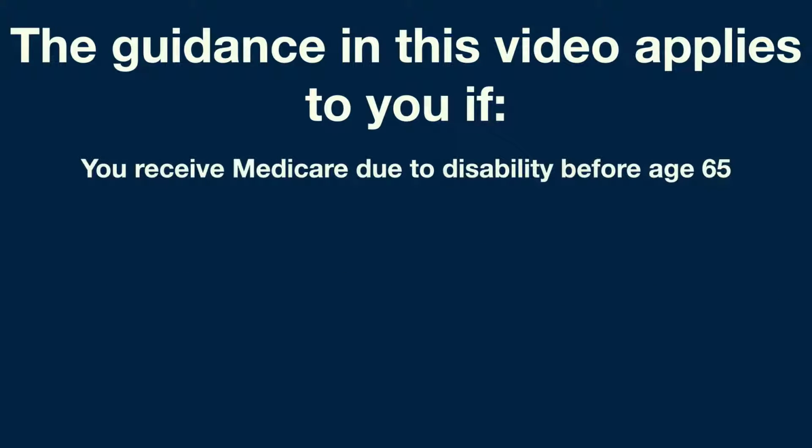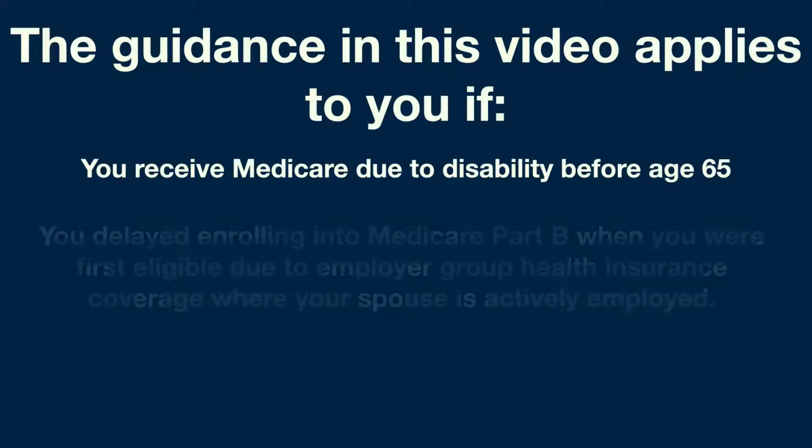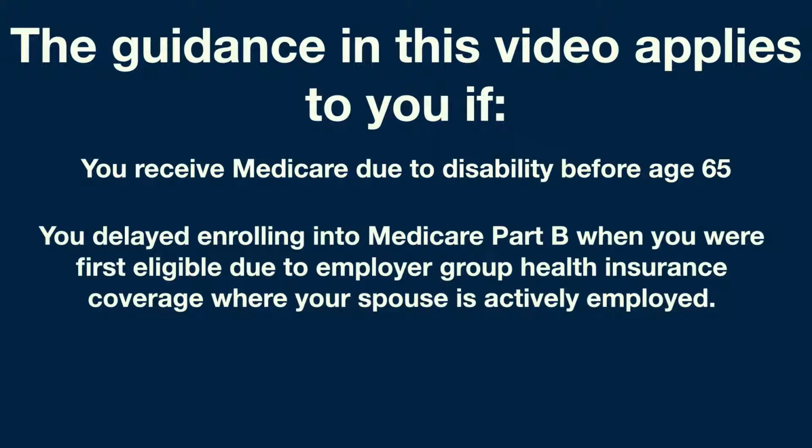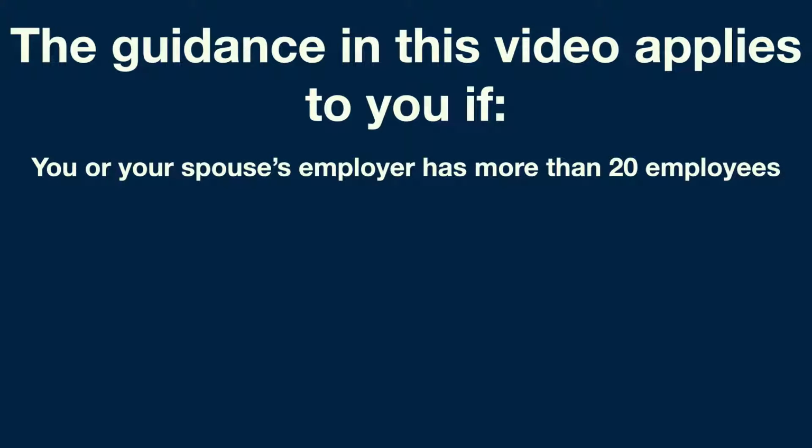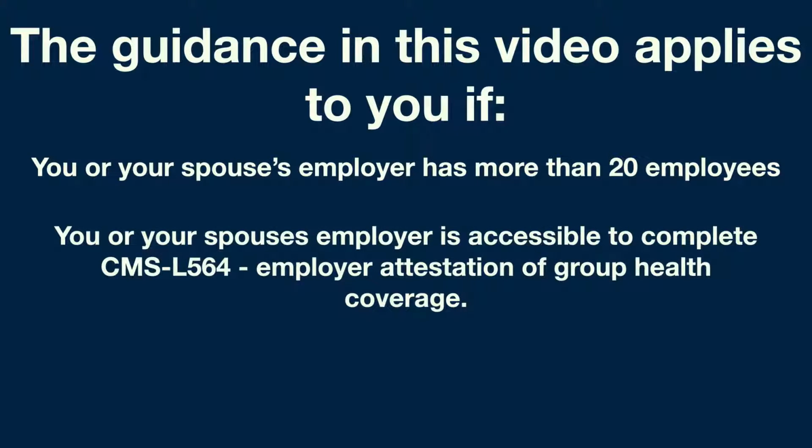Also, this could apply to you if you received Medicare due to disability benefits before age 65, and you delayed enrolling into Medicare Part B when you were first eligible due to employer group health coverage where your spouse is actively employed. And I can't stress this enough, folks, that key word there is active employment. COBRA and retiree benefits are not active employment. That's a problem. Also, you or your spouse's employer has more than 20 employees,